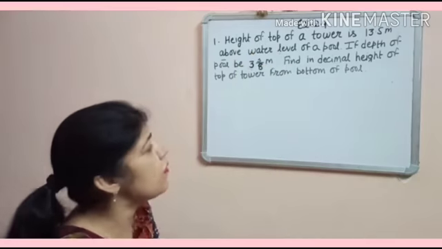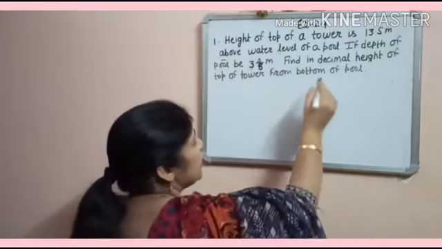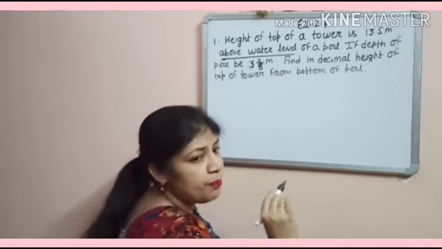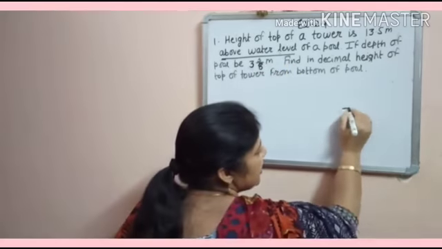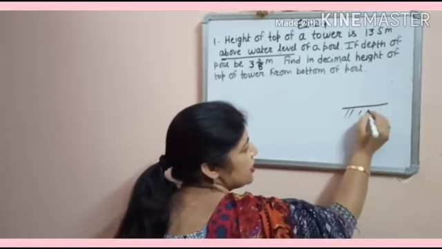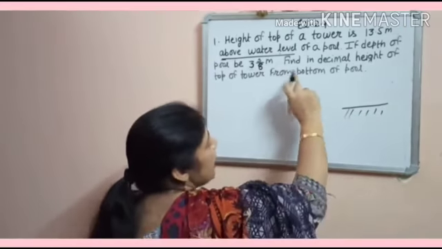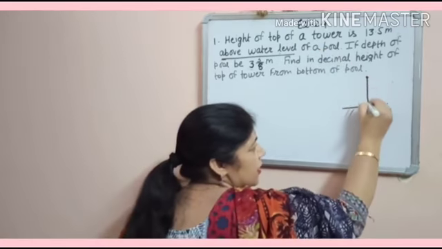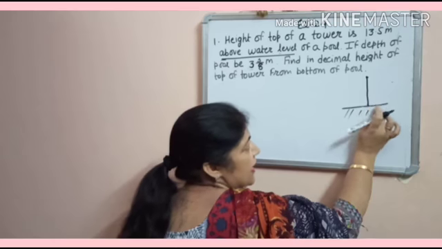The height of the top of a tower is 13.5 meter above the water level of a pool. Consider it as a pool. So it is the water level. This is the pool. And the height of the top of a tower is, this is the tower, and its height from this level is